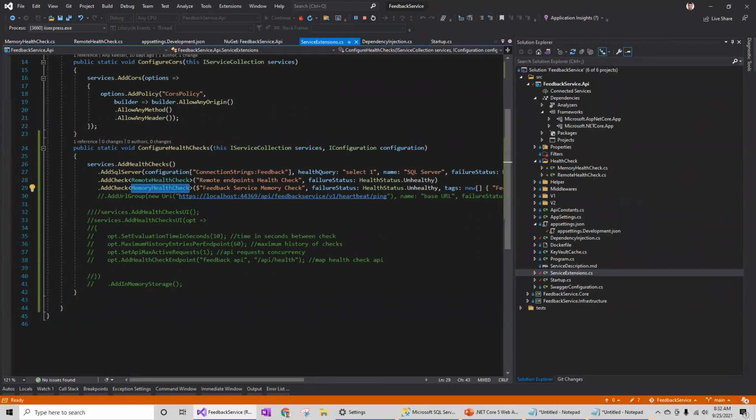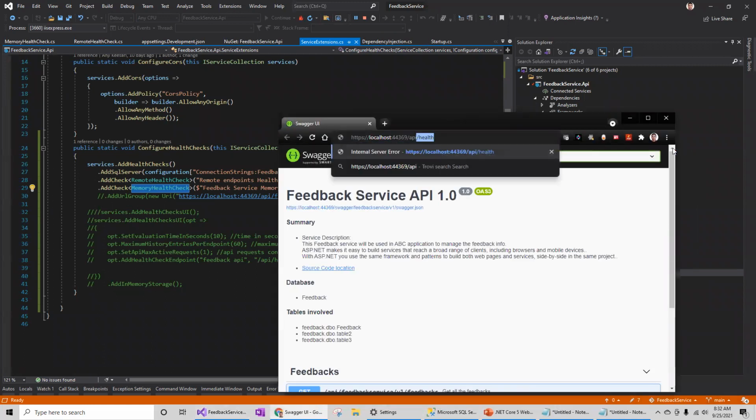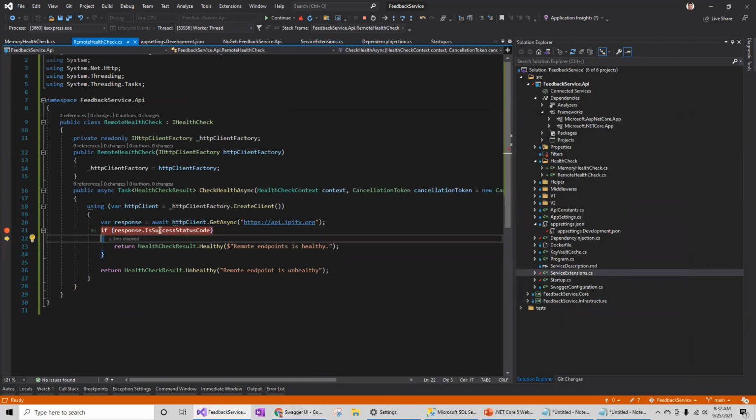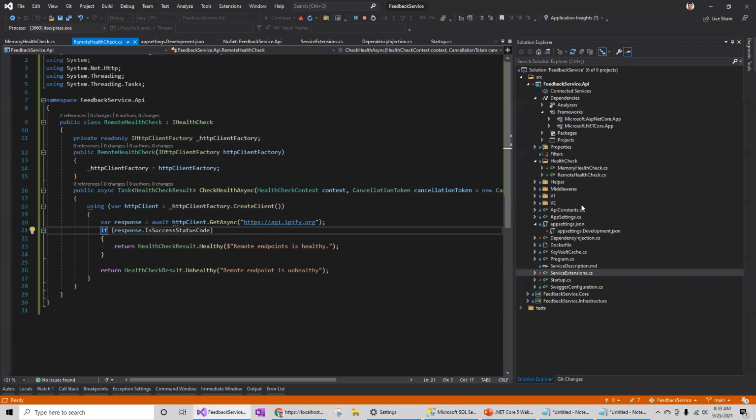This is going to be on my computer itself. This is the memory health check endpoint. This is the remote, this is SQL, and this is the memory health check. Memory health check came as healthy.